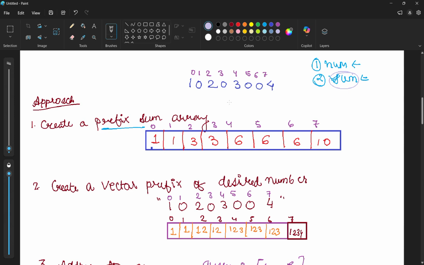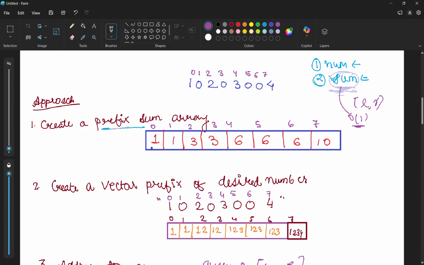Like we have used a prefix sum to calculate, because this is a very easy approach of calculating the summation. So if we are given some ranges and we want to calculate the sum of any numbers, how is it going to work? First of all, I have to create a prefix sum. How is it going to help us? Because whenever there is some query from L to R, I can